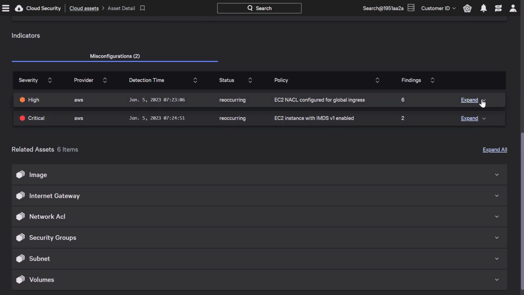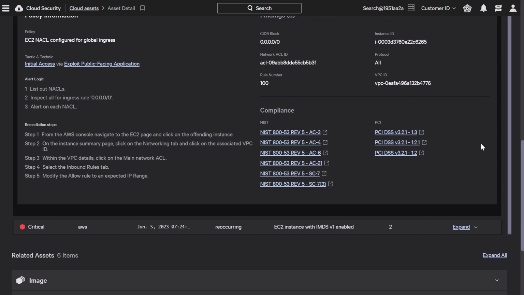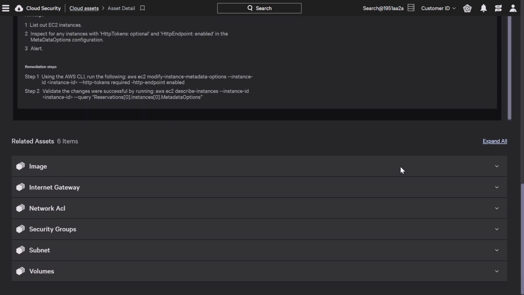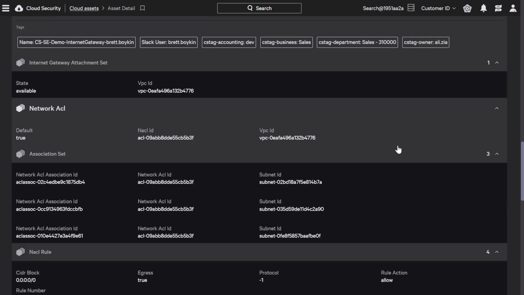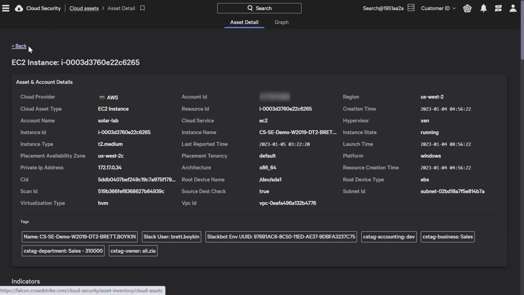So we can see two severities, high and critical. It shows us the MITRE tactic and technique, the alert logic and the remediation steps. It also shows us the related assets which are connected to this asset. Going back,